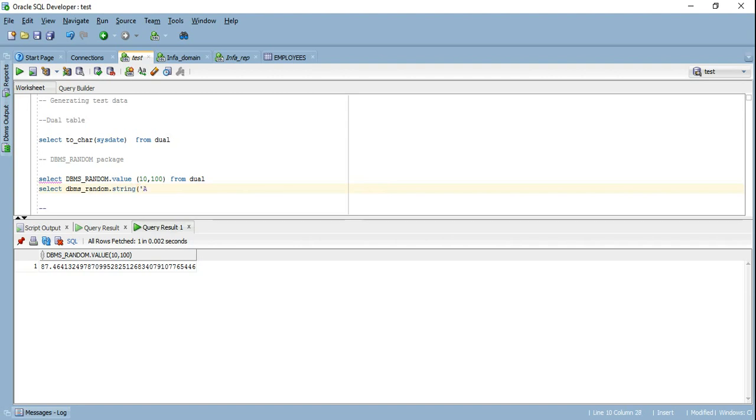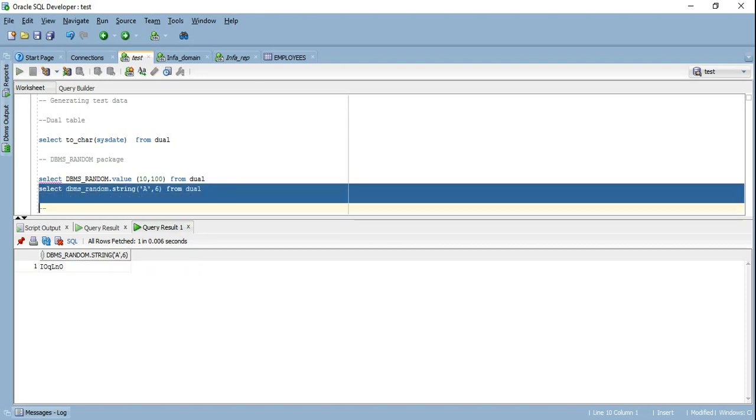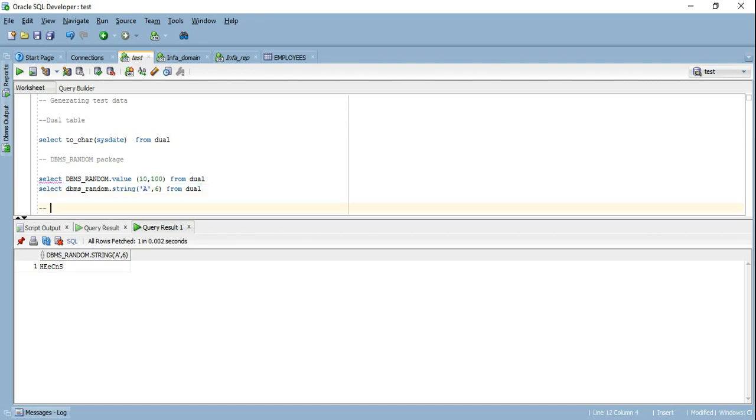So I'm going to generate a string of length 6 here. Let's see if it is capable to do that. So it did generate a string, and every time I run it, it's going to generate me a different string, which is pretty cool, right? So this is the second thing, and we generated decimal, we generated a string.